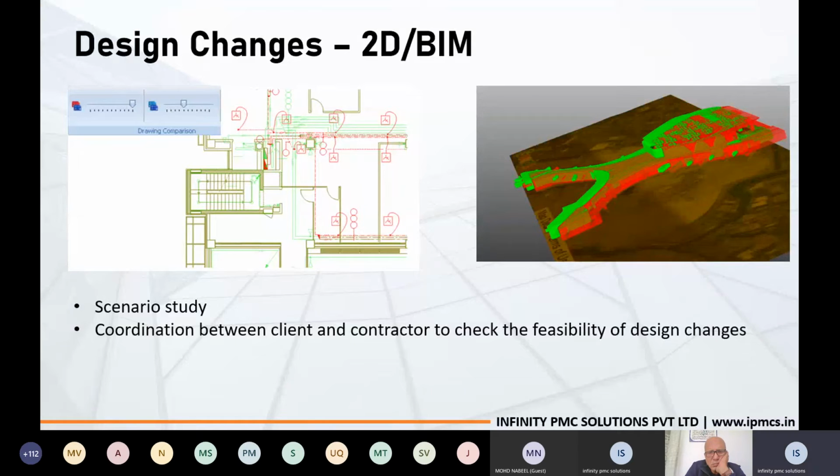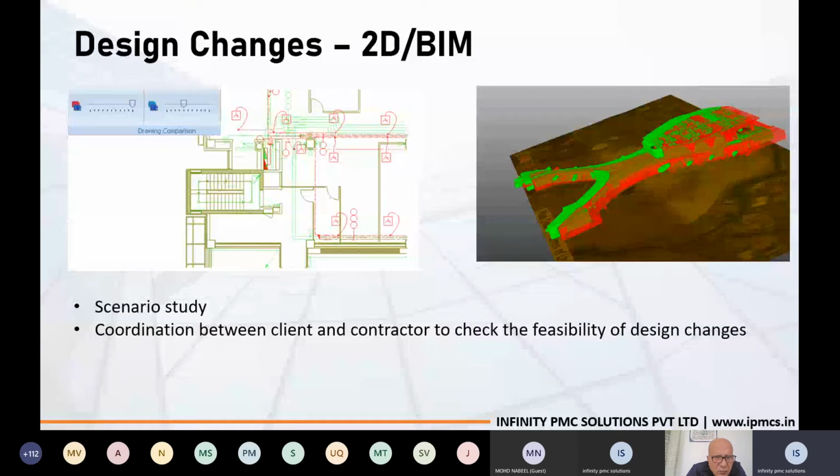Next is about design changes. So design change will happen for both 2D drawings and with a BIM model also. So here in Costex we have an auto revisioning facility. With that auto revisioning facility, we can compare two different drawings or two different models. With it, we can maintain our revision log for our project, because our project log can go up to revision number 30 or revision number 50. At any point of time when you want to see your revision number 2 or revision number 5, you can easily go and access your revision number 5 drawings and the estimate prepared at that revision.